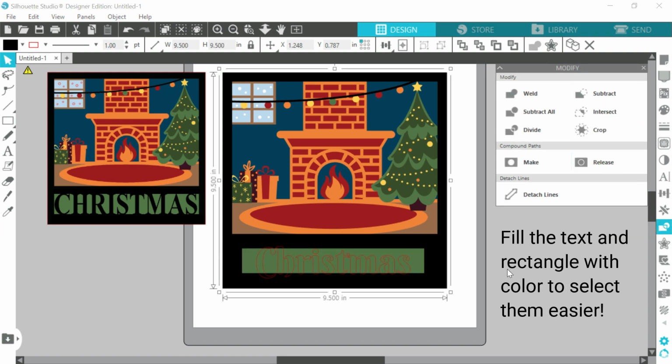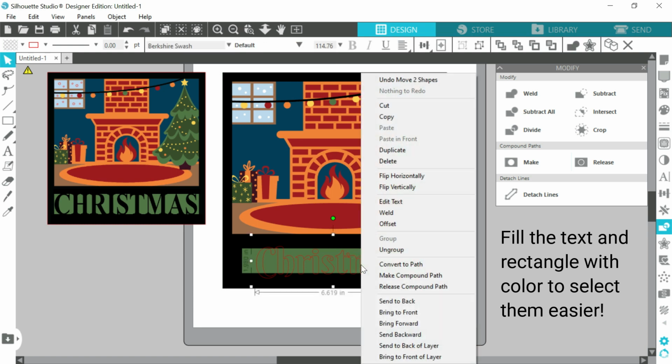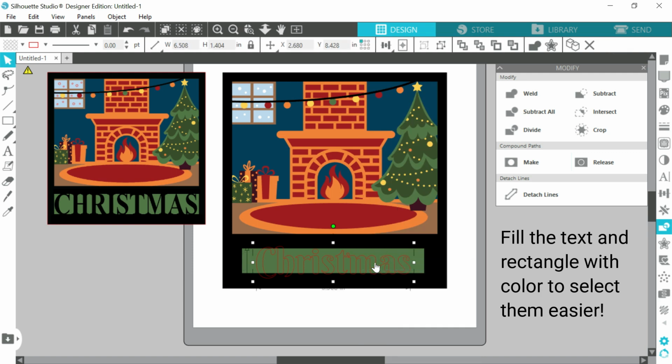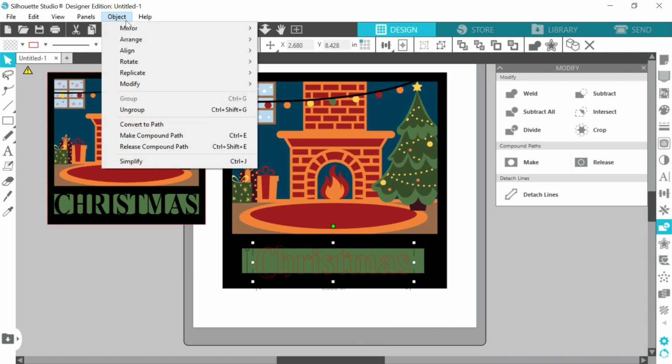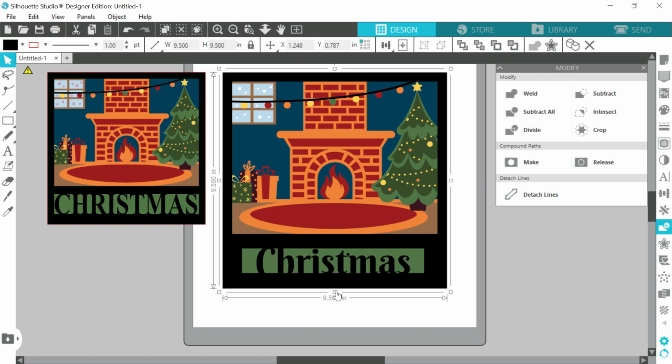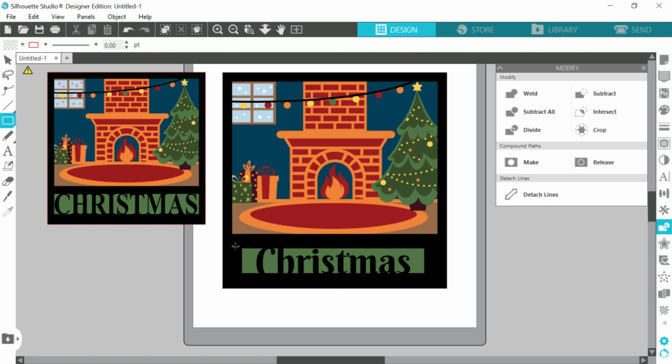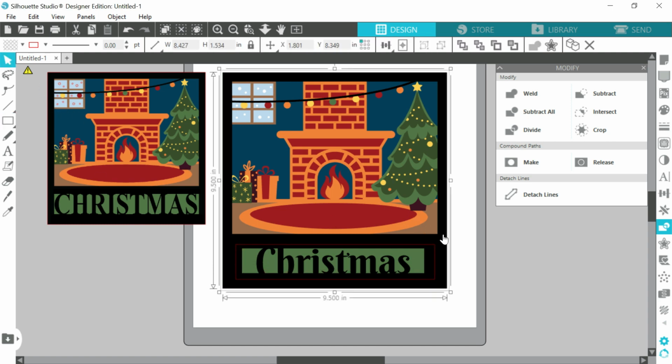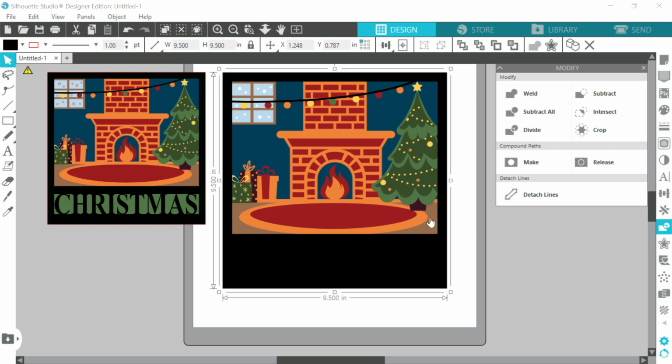Now we just need to weld the text with layer 1. I will select the text, right-click and choose Convert to Path. Remember to simplify the path before you weld it to the layer. And we have the result here. If you don't like what comes out, you can draw a shape that covers this space and weld it to the layer to make it solid again. That's how you can quickly fill up the cutout space in a template.